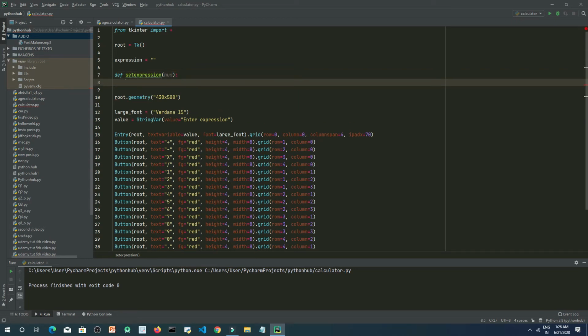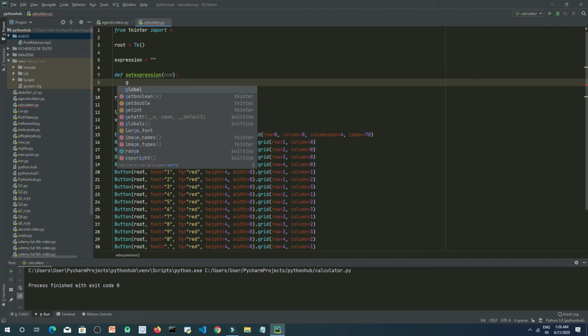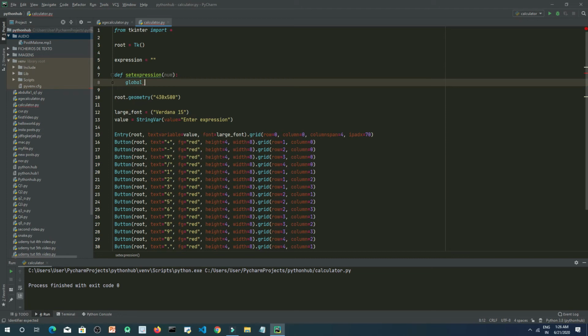So we will use the expression variable with the global keyword, as we are using the expression variable inside a function. So we need to now change something inside the entry widget, right? Anything which will be passed through the entry widget, we want to get it.